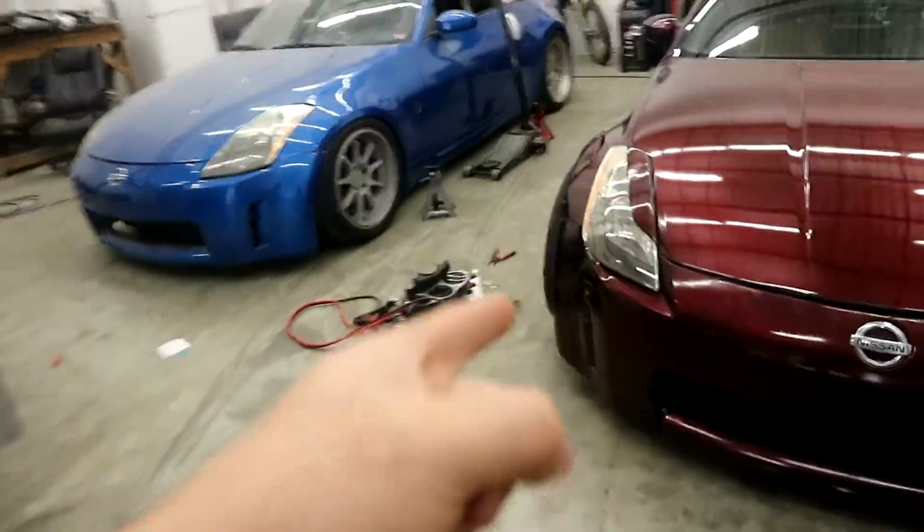So, real quick, I'm gonna drive this thing around the block because for the longest time I just had the cam sensor unplugged because everyone was telling me that the cam sensor doesn't do anything on these. And I feel like it starts up easier now with it plugged in, but I haven't driven it. So I'm gonna drive it real quick and pull it back in here and take out the power steering pump